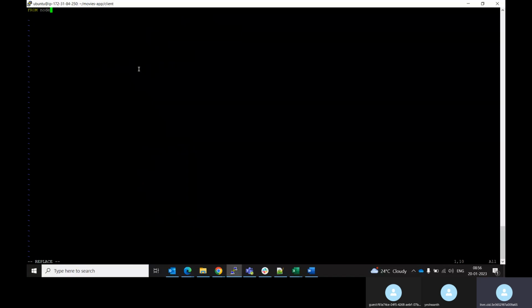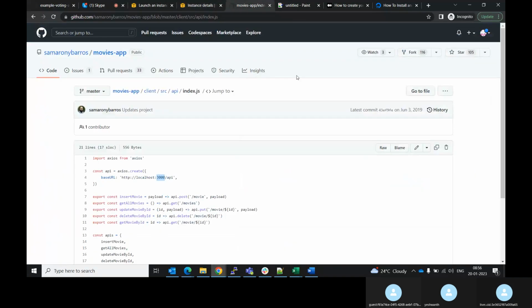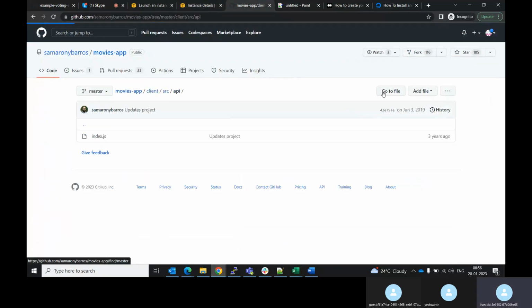a Node application, because the front end and back end both run on a Node application, from node 10. And use COPY. You are copying all the code of the client, whatever is present in the client, into the Docker container. Then they have mentioned something here on the client side. If you go back to the client and look,